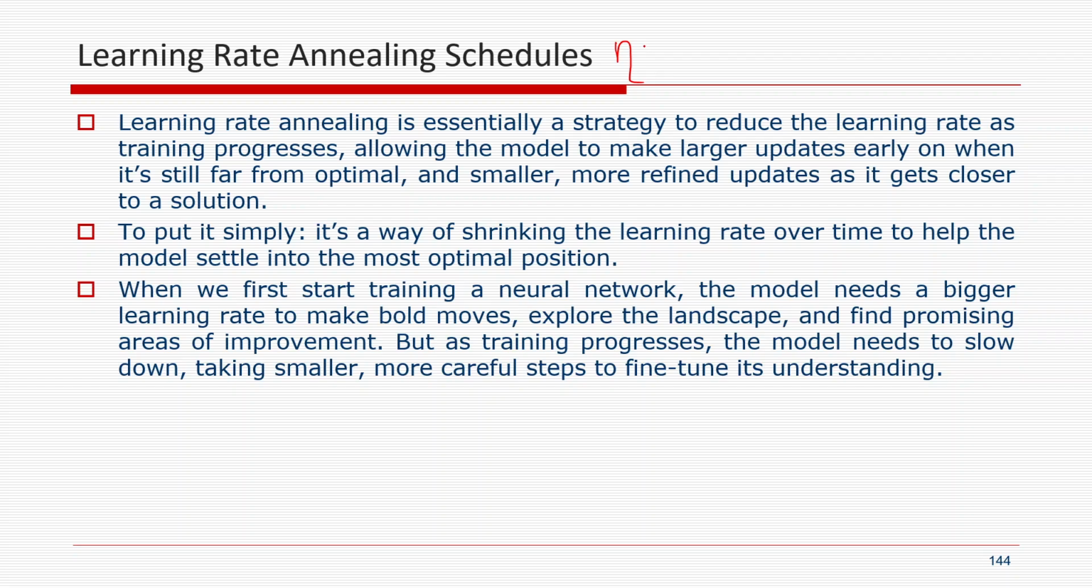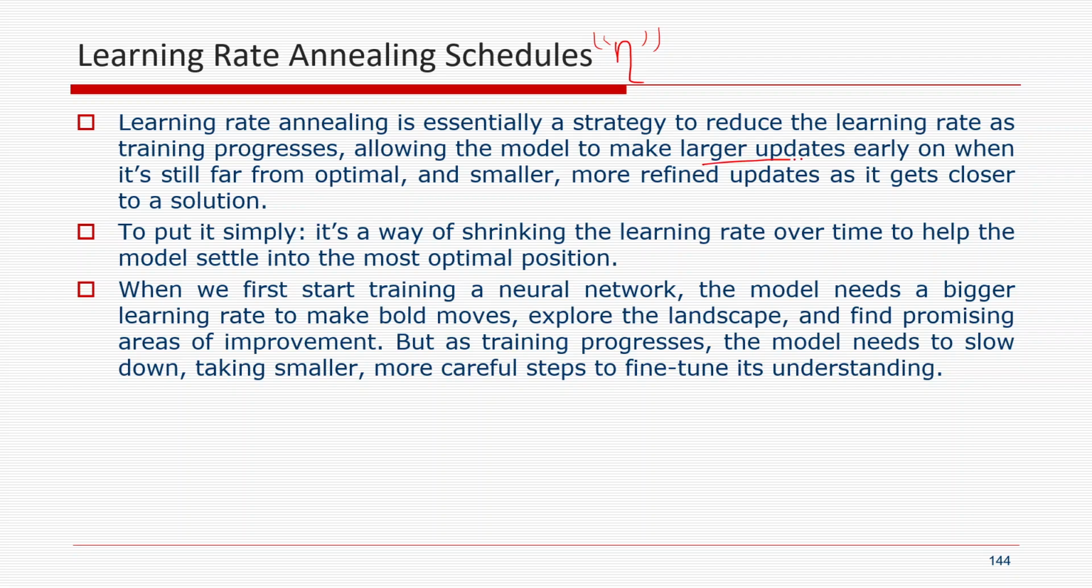That is, what are the different ways I can start this value? What are the different effects that will have with different ways of assigning the values for the learning rate? That is the question we are asking. Learning rate annealing is essentially a strategy to reduce the learning rate as the training progresses, allowing the model to